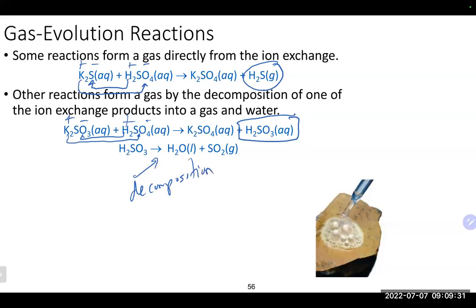A decomposition reaction is where you start with one thing and it breaks apart into a couple of other things. It basically decomposes. So very rapidly, the sulfurous acid will decompose into water and our SO2 gas, which is sort of what we're seeing down here. And that obviously is the generation of a gas. So sometimes these double displacement reactions can directly produce a gas. In other cases, they can produce something that will go through a decomposition reaction and further